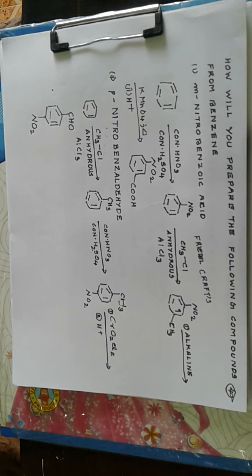So we get the para-nitro compound, then you treat it with chromyl chloride,